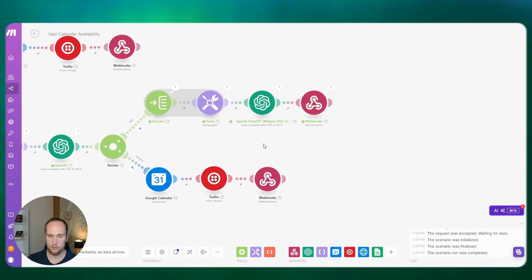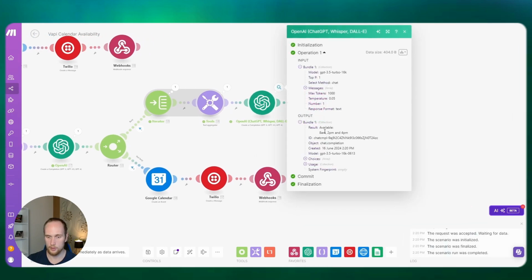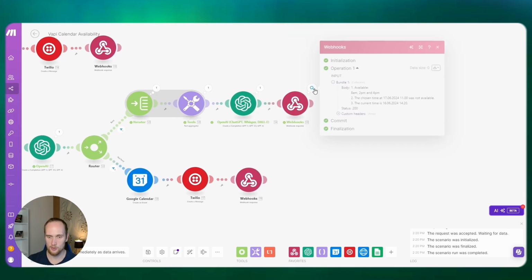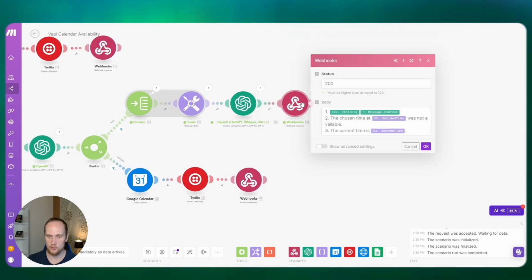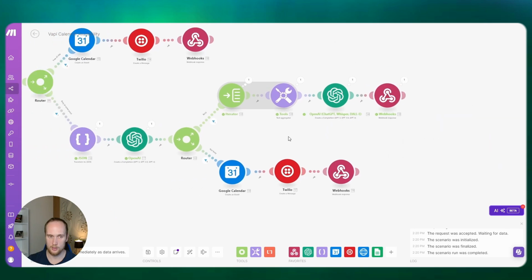So then it should have said I am not free in the morning. Damn it. It works like 90% of the time. So it did pick up I am available at 2 p.m. and 4 p.m. though. So hopefully the person doesn't pick 8 a.m. That means it will just go through again and realize it wasn't available. So that would be fine still though. I'm just giving some extra feedback to our LLM.